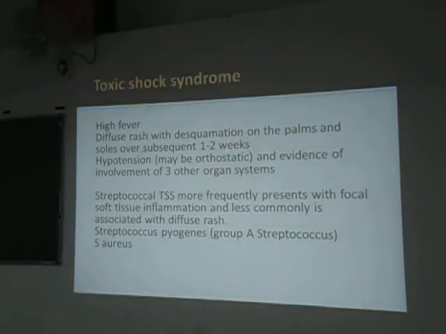Along with that, they have some features such as very high fever, diffuse rash, skin peeling, and hypotension. So you might have heard about this orthostatic hypotension, which we discussed as the adverse effects of some drugs. It was due to